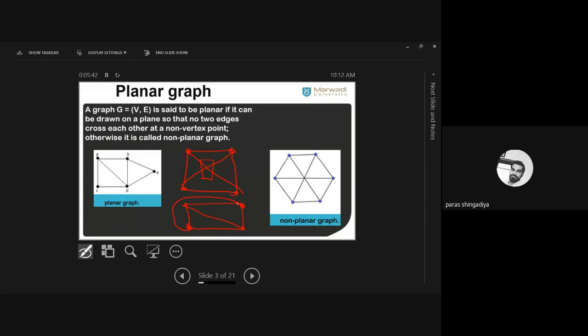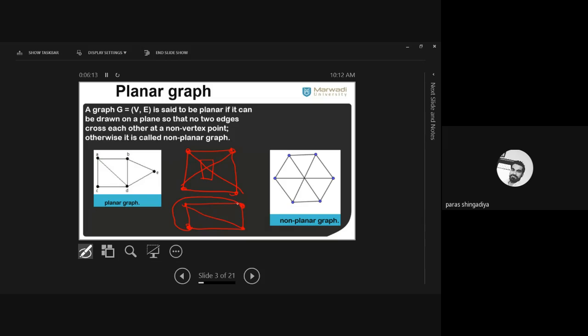These vertices are adjacent, so these vertices are also adjacent. There is an edge between these two vertices, so there is also an edge between these two vertices, clear. All degrees are the same. We have not deleted any vertex, nor removed any edge. We just recreated this graph in such a way that it is possible to draw it without crossing over the edges. Then the final conclusion for that graph will be planar. K4 is also a planar graph because it is possible to draw this graph without a cross.